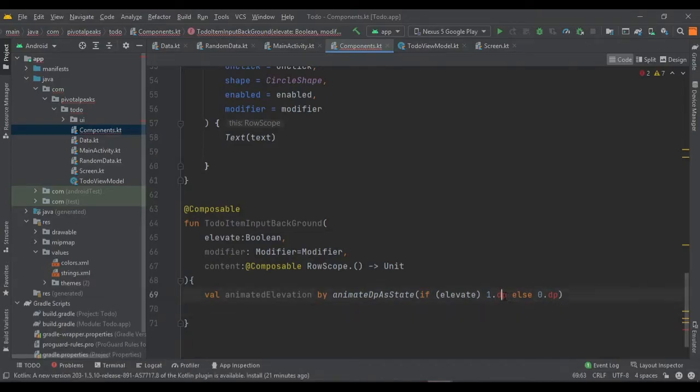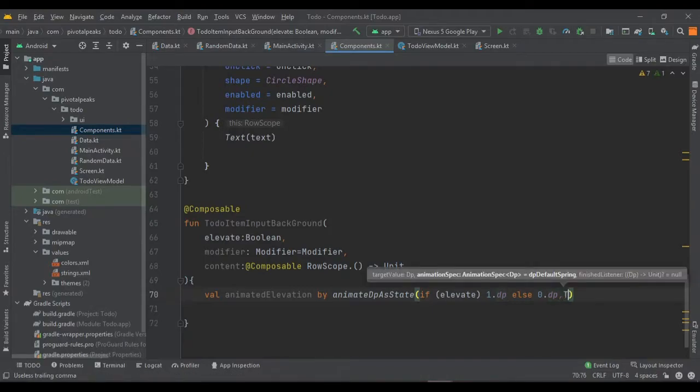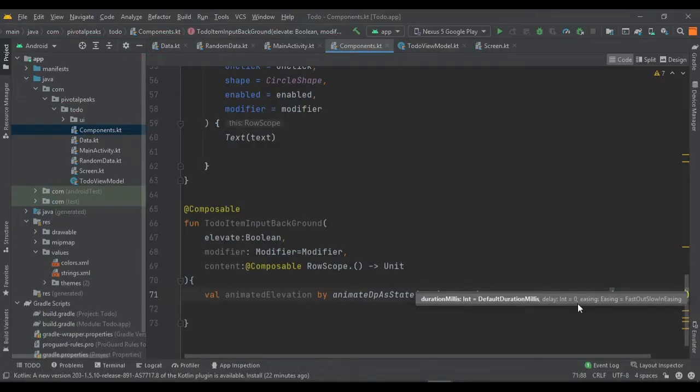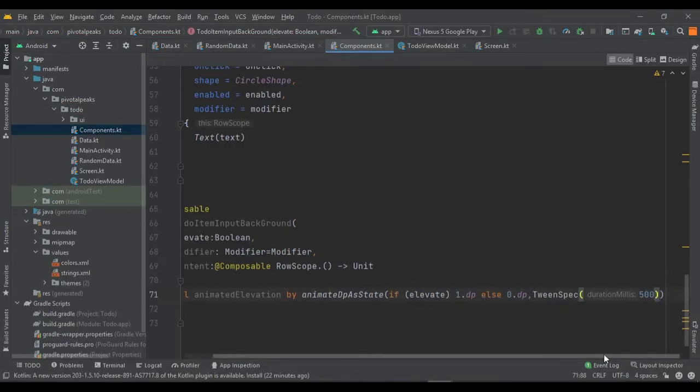It is still showing error. Yeah, now it's imported properly. We also need a time for delaying. In compose we call it tween spec, and we are going to give it 500 to delay the animation so we can notice it.